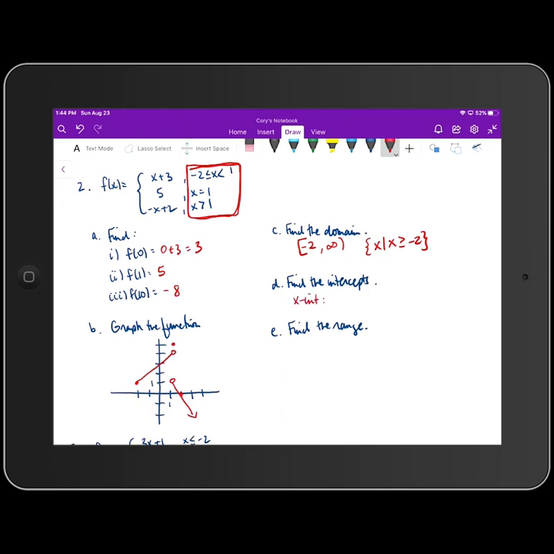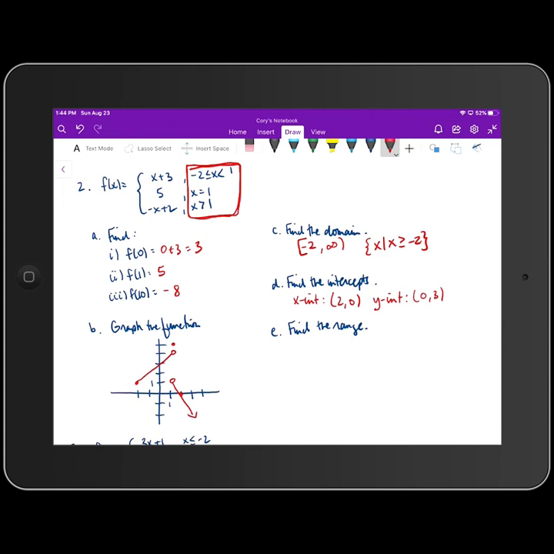So where does the graph touch or cross the x-axis? It looks like it happens at the ordered pair (2, 0). And if we want to determine where the graph touches or crosses the y-axis, it looks like it happens at the ordered pair (0, 3). Okay, when we look at the range,